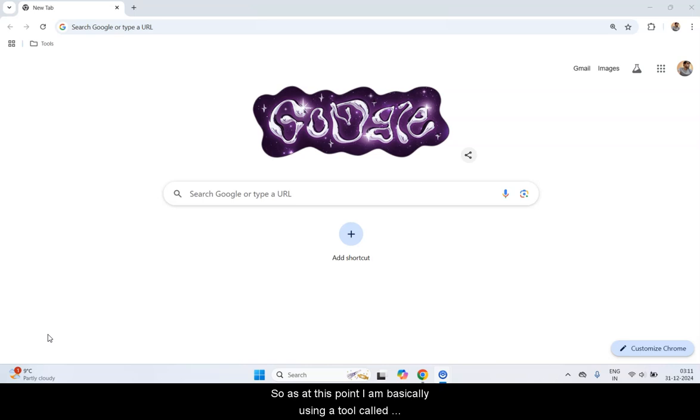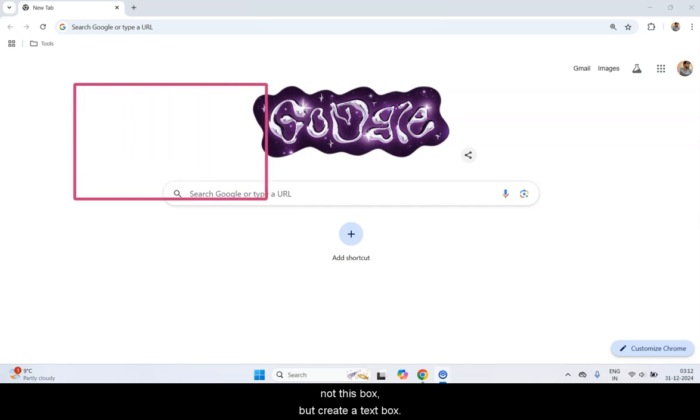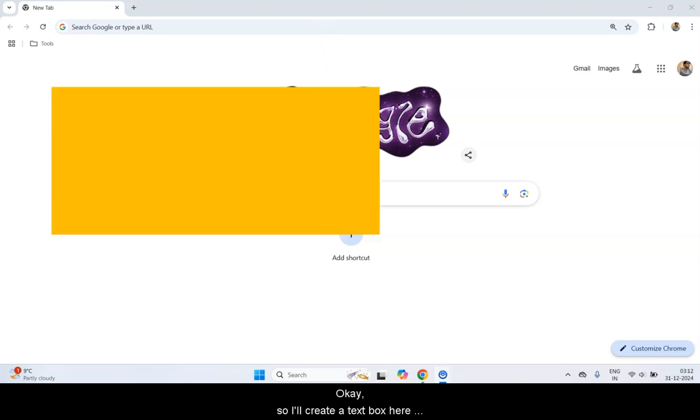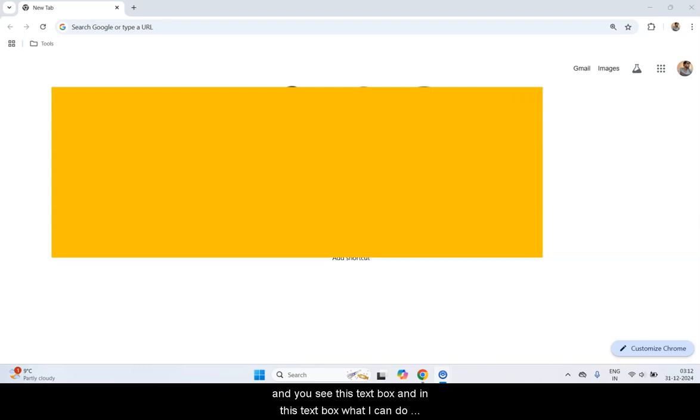At this point, I'm basically using a tool called Screencast-O-Matic. Let me use this tool's capability to list down these tools. I'll create a text box here, and in this text box I can list down these tools. Okay, so the first one is